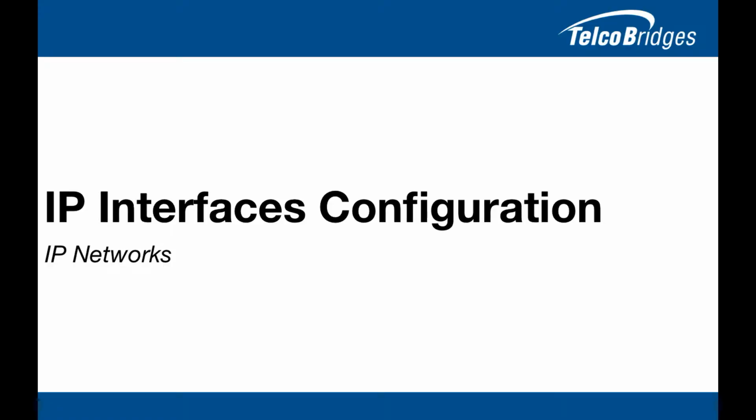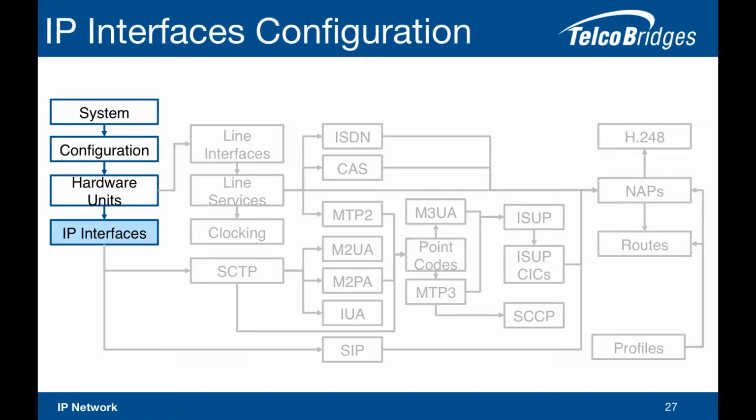The next section will show how to configure VLAN, network redundancy using port bonding, and IP addresses from the TelcoBridges TMedia Gateway web portal. This configuration flow diagram illustrates where we actually are in the configuration process of our system. Configuring the IPs on the TMedia VoIP gateway is the first step before configuring any IP protocols such as SIGTRAN